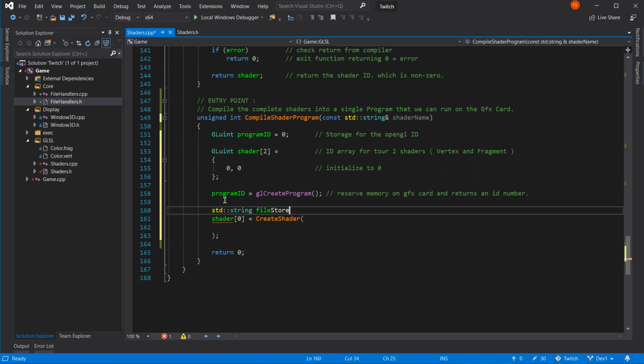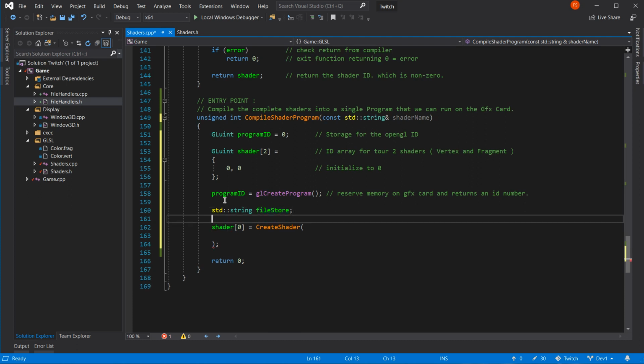May as well. Yep. That'll do me. And then we need to load our shader with the bool.